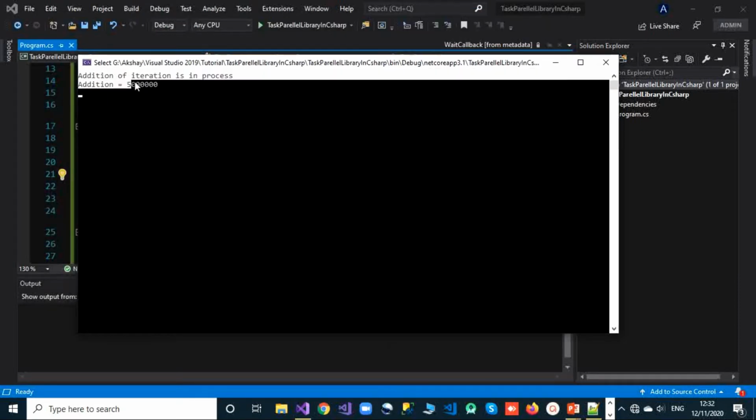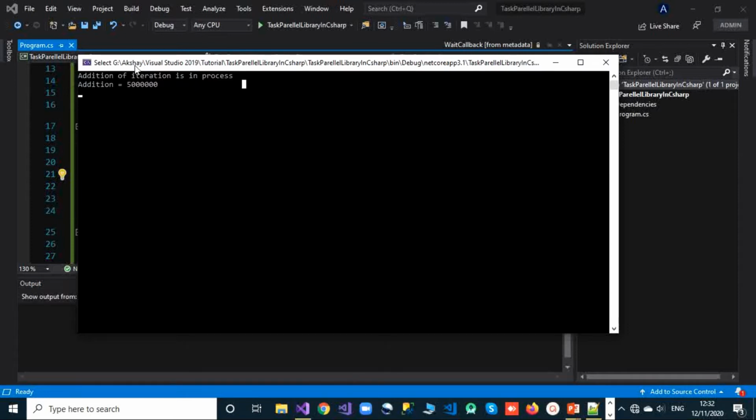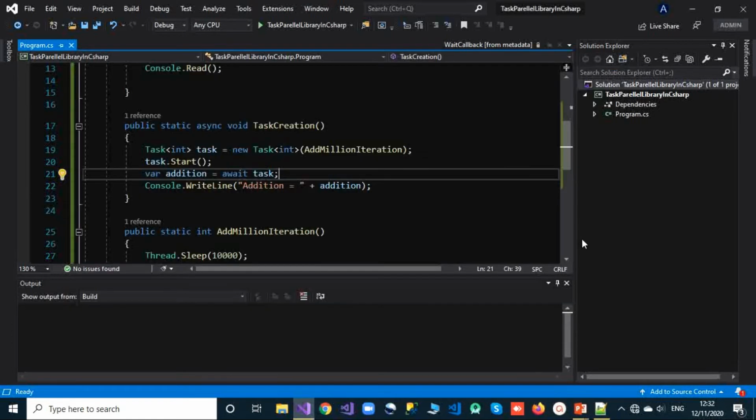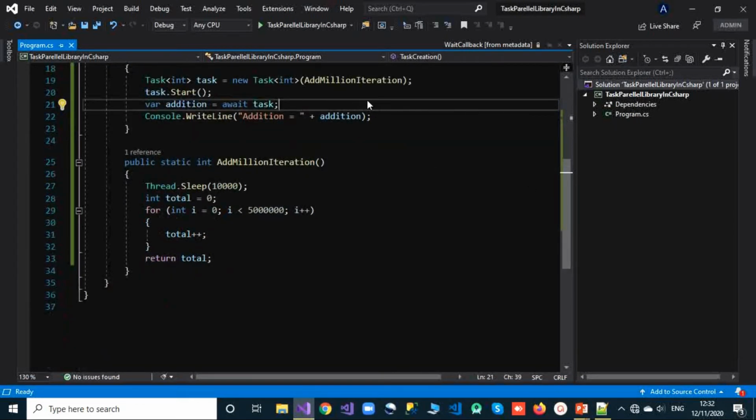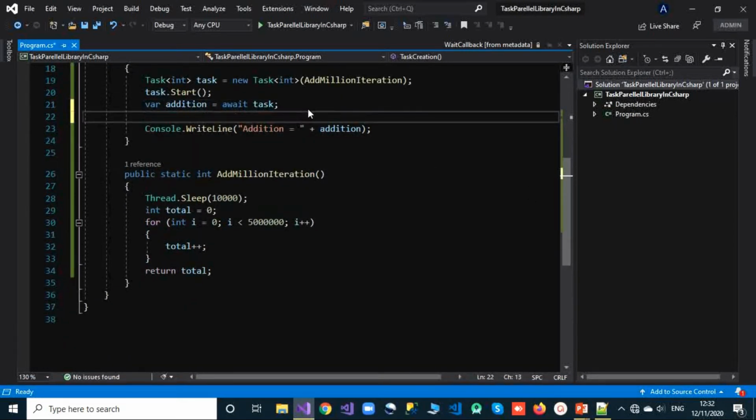Addition of iteration is in process, and as soon as that method completes its work, it gives that addition. And we can provide another message here, that as soon as this task completes its operation, we can show that addition is completed.